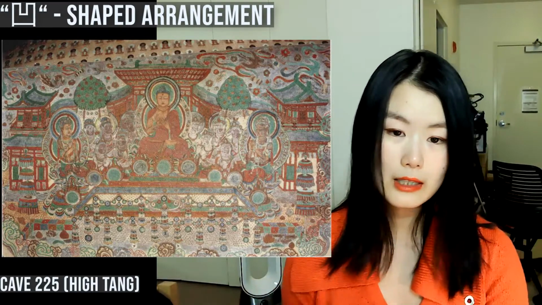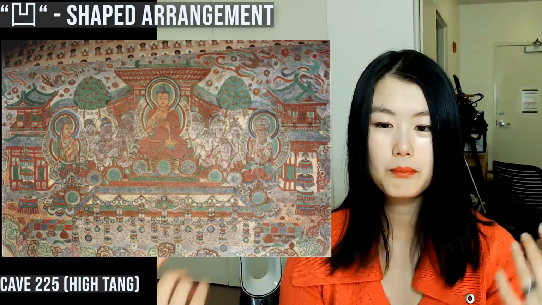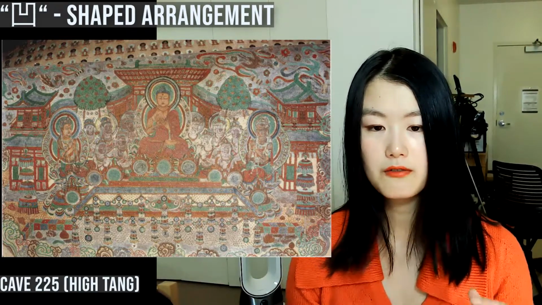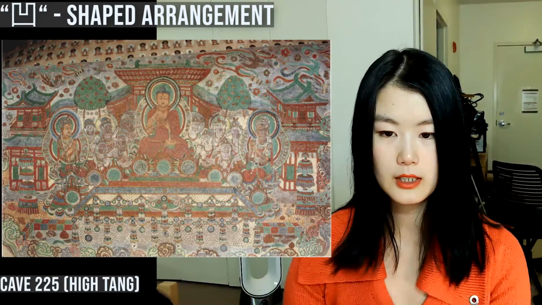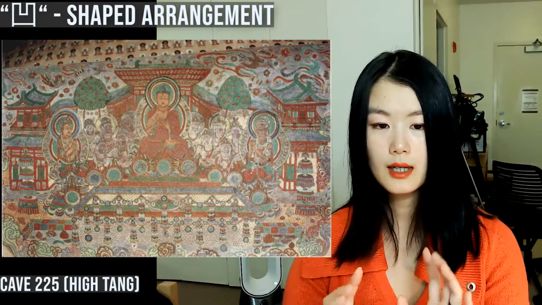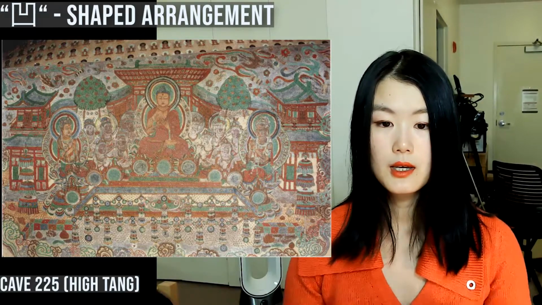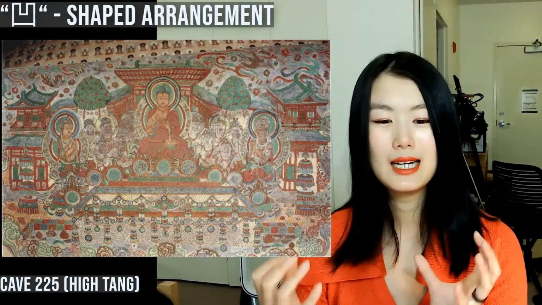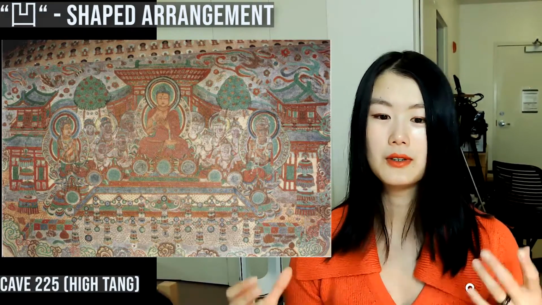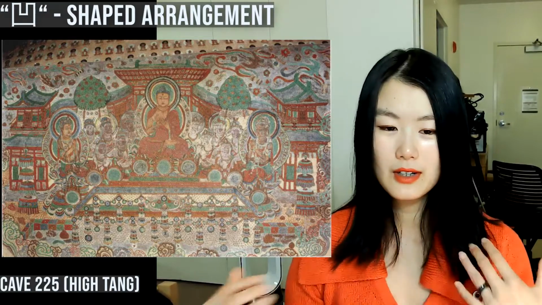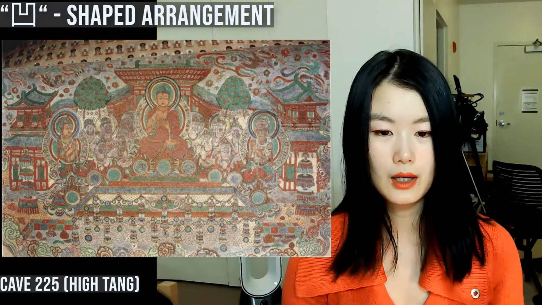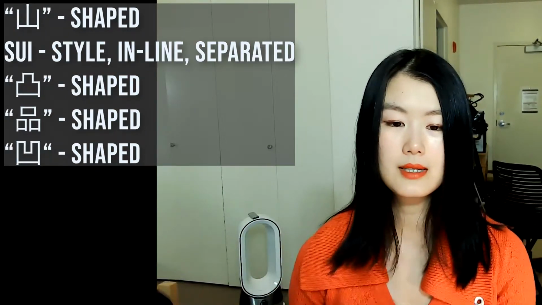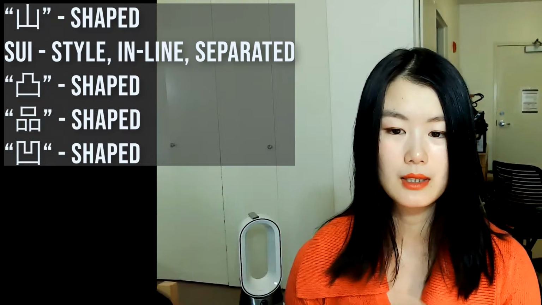Now, taking a small leap into high Tang murals, just to complete the basic floor plan repertoire, here is a mural from Cave 225 that shows a fancier variation of the ping-shaped floor plan, where the halls are now connected with corridors so as to look like the Chinese character Ao, with a nice lotus pond in the surrounded space. This is referred to as the Ao-shaped combination, and it's very common, especially as we go into high Tang in the next video. And so these are the basic arrangement motifs for the temples depicted in early Tang murals.